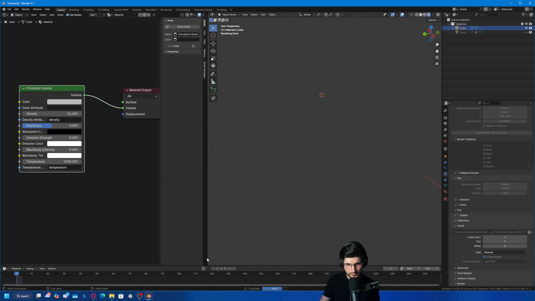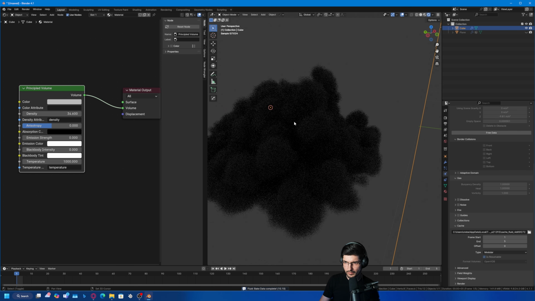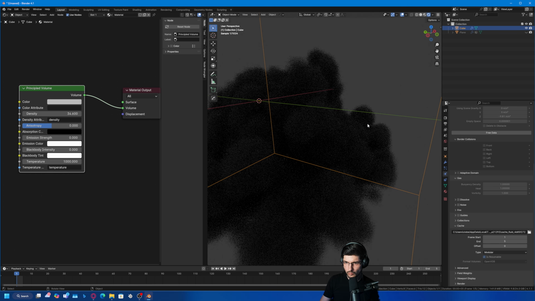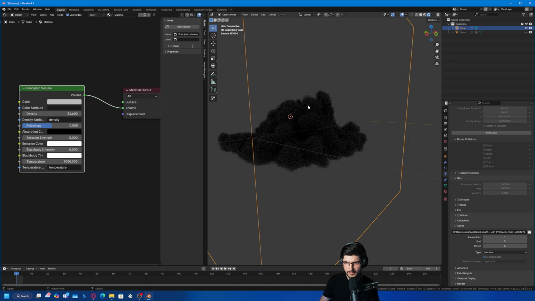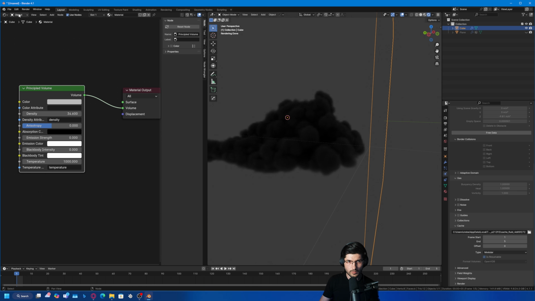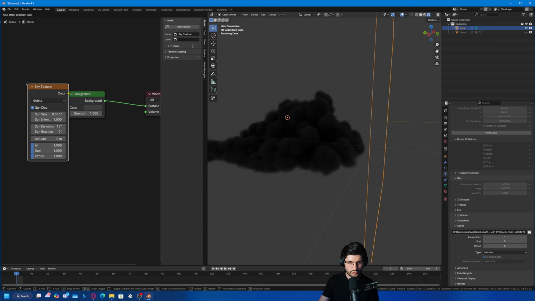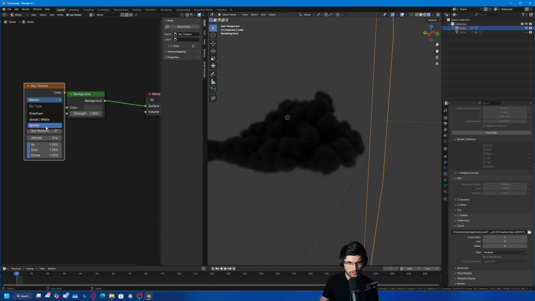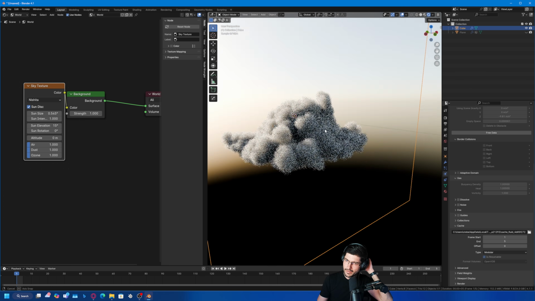So let's see, that's now done, and this is how the cloud looks if it's baked at this resolution. It's quite nice, I would say it's quite okay. We do need some lighting in the scene in order to see it, though. So if we go over here and change the shader to the world material, we can add a sky texture in here, and we can actually use the Nishita one. If we plug that into the color, this will give us a sky, and now you're able to actually